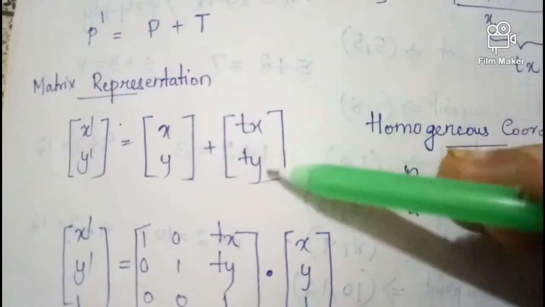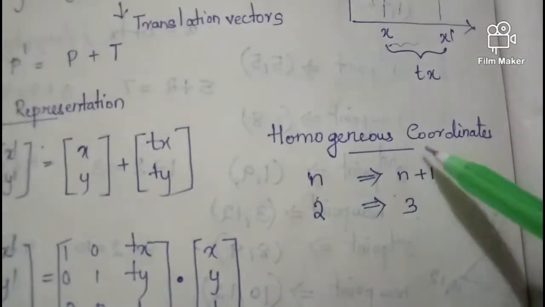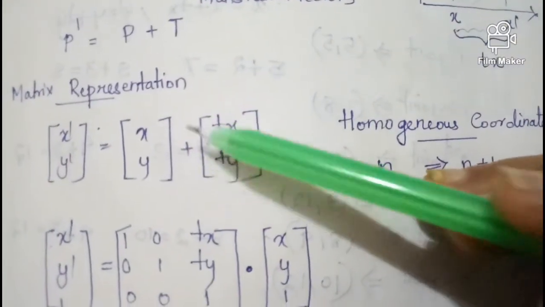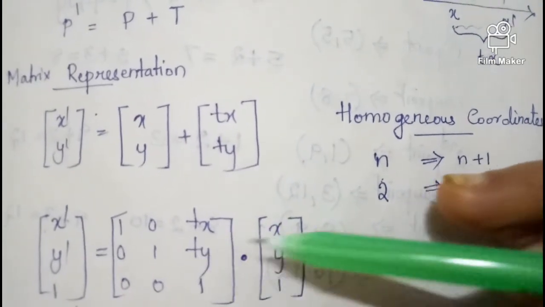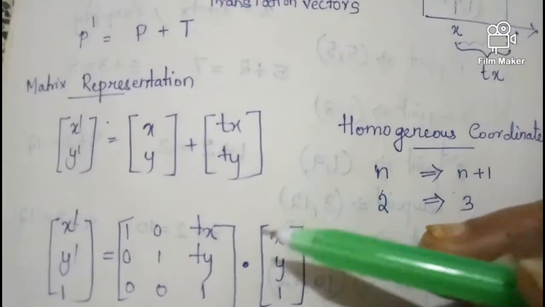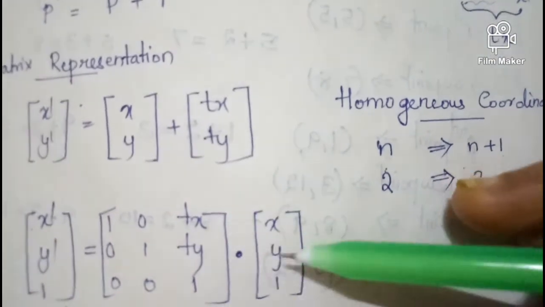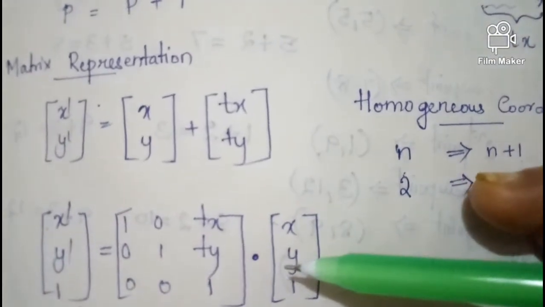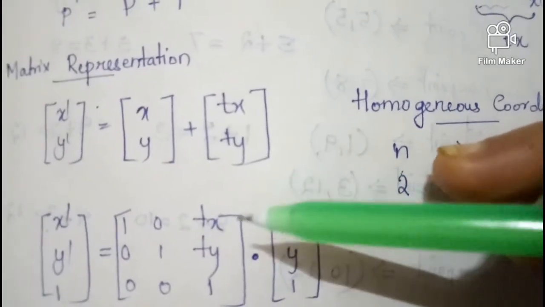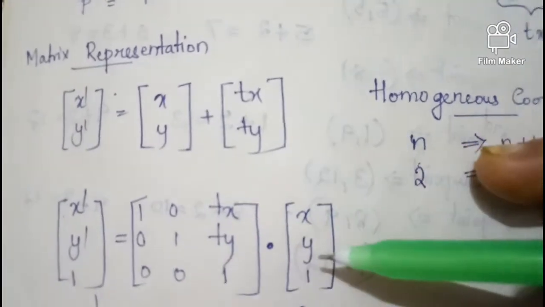What about the translation matrix? Remember, whenever you represent coordinate systems in homogeneous coordinates, instead of adding, you have to always multiply the matrices. That means in a homogeneous coordinate system, you have to represent any transformation only as a product of matrices. This is the only method of representing a transformation. You can represent any transformation, but that transformation should be represented as a product of matrices.